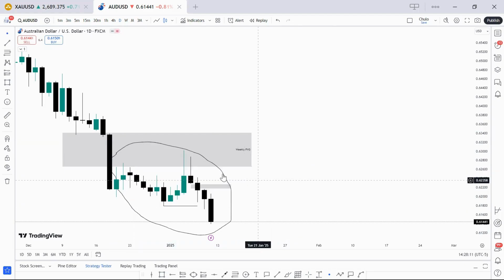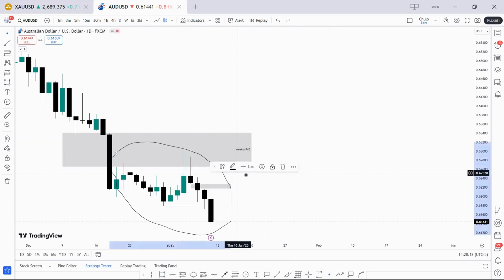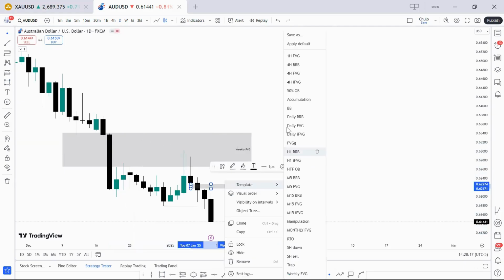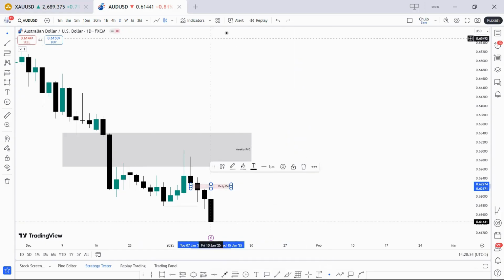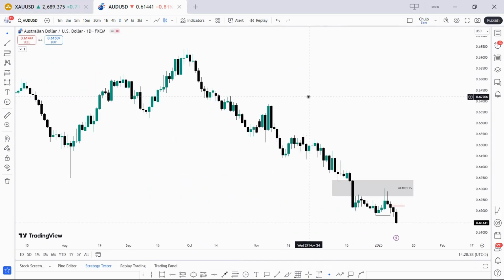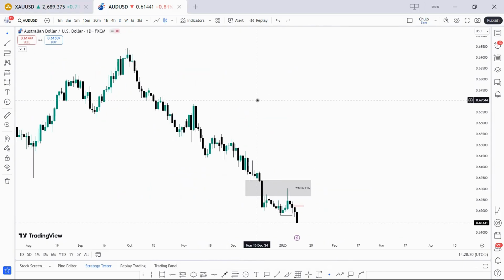We are not rushing anything. We just have to be a sniper, wait patiently for price to give us what we want before we execute. All right. So this is what I'm expecting on